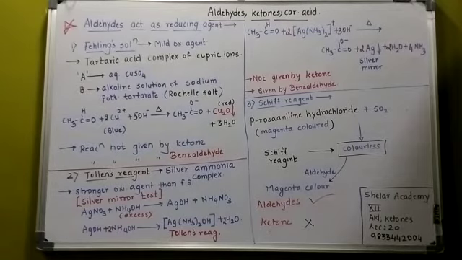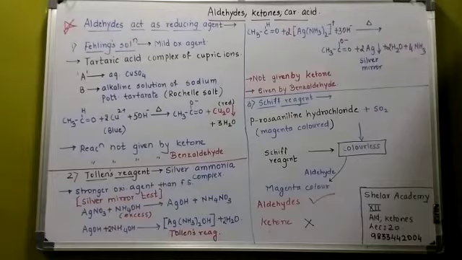Now, the aldehyde reacts with Tollens reagent. When we heat it, you actually get a silver mirror formed. The reducing agent itself is oxidized to acetic acid. You get silver, either in colloidal form which is grey colored, or a silver mirror formed at the edge of the test tube. Water and ammonia are the byproducts. Again, this reaction is not given by ketone, but it is given by benzaldehyde because Tollens is stronger as compared to Fehling's.